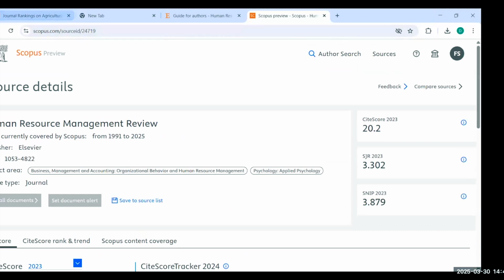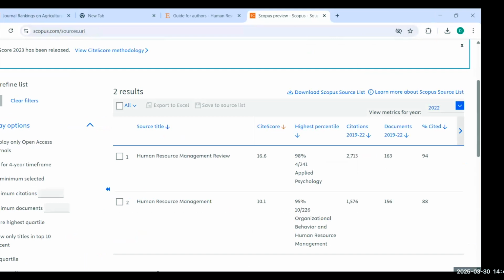Question for clarity, the denominator that says number of documents, is that supposed to imply the number of documents for which citations were received? You have the citations and you have the documents. Can you repeat the question? You have the citations and then you have the documents, right? So citations divided by documents. Are you saying the number of citations across different documents or articles or what? We will see to that. Just wait.